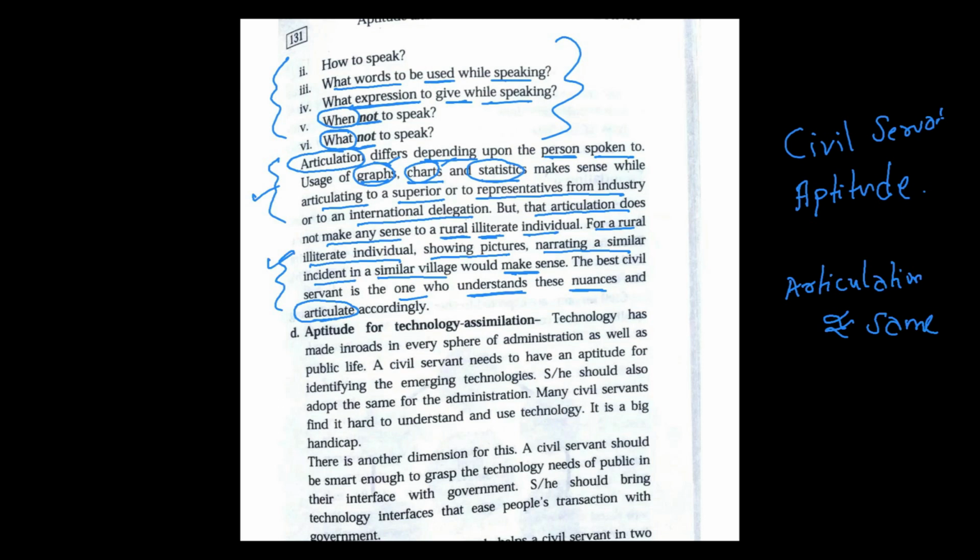Okay, fine. Now next is aptitude for technology assimilation. Assimilation means इकट्ठा करना, एक साथ टेक्नोलॉजी का सही इस्तेमाल करना, right? Technology has made inroads in every sphere of administration as well as public life. A civil servant needs to have an aptitude for identifying the emerging technologies. बहुत सारे टेक्नोलॉजी आ रहे हैं. So technology is a must. Without technology,